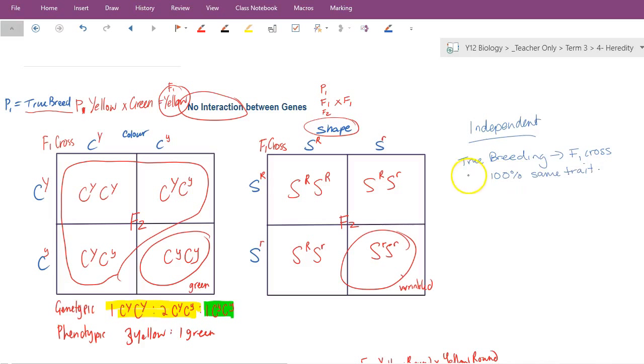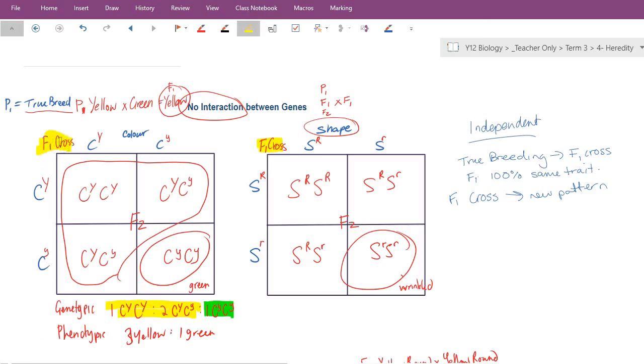Then if he took that F1 generation and crossed them again, the F1 cross gave out a new pattern. The offspring showed that the recipe for what trait was hidden was still there, it just had been masked. And that's how Mendel came up with the dominant and recessive ideas. So when we have this F1 cross,